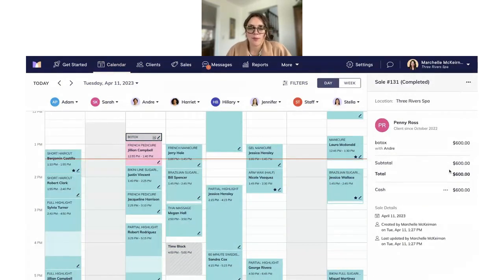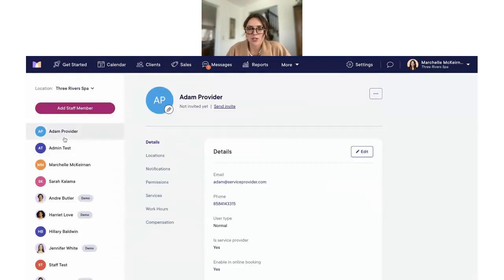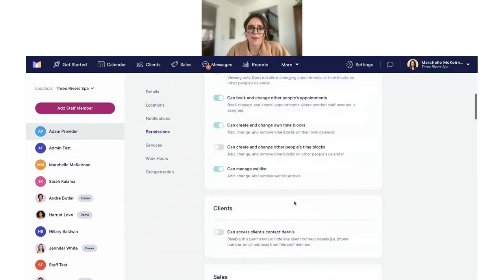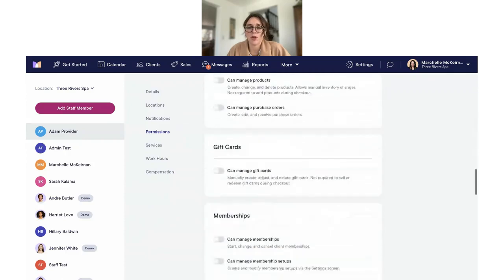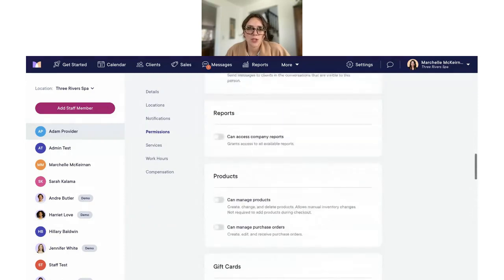This is the most common place to allow your service providers to see the sale because they see, okay, I charged the right amount, or they charged the right amount. I got that plugged in. We're good to go. What you don't have to do is allow them to actually go into the sale in the sales page. It is very common for a front desk person to have that permission because oftentimes that might be where they need to go in and reopen the sale. Maybe they forgot to add some products in. So those permissions,